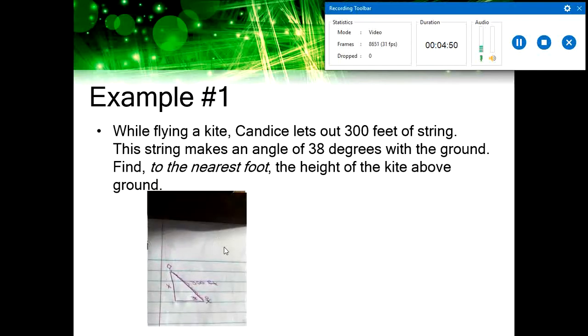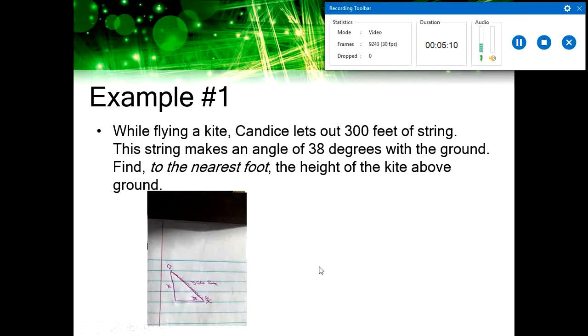And the string makes an angle of 38 degrees with the ground. This is our angle of elevation, and I have placed it down here where Candace is standing. We are looking for the height of the kite, so I've put an X right here. If you're standing here at the 38-degree angle, we have opposite and hypotenuse,